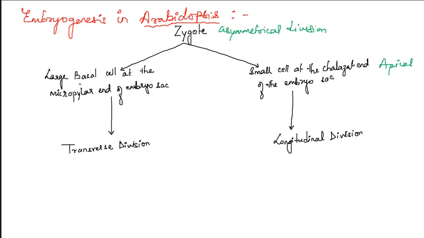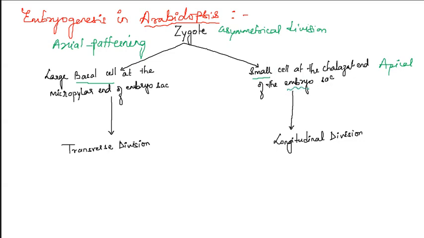Okay, now this apical cell and basal cell will form what? They will form the axial patterning. They will show axial patterning. Okay, that is the root shoot axis formation, which is also said to be axial polarity formation. Okay, the small cell which is formed here has dense cytoplasm. Okay, and this will give rise to what? Embryo. Okay.